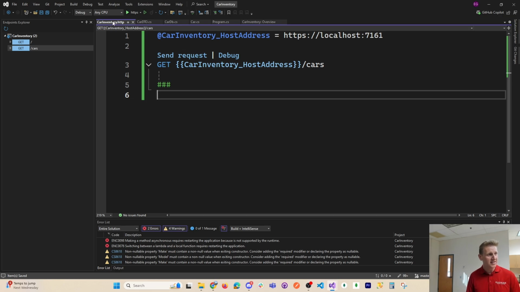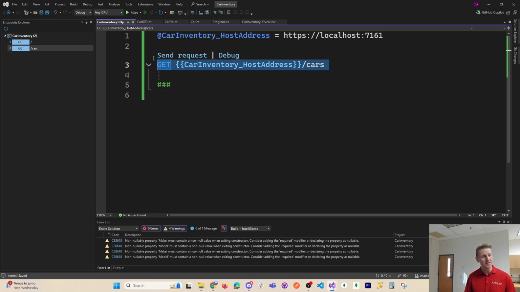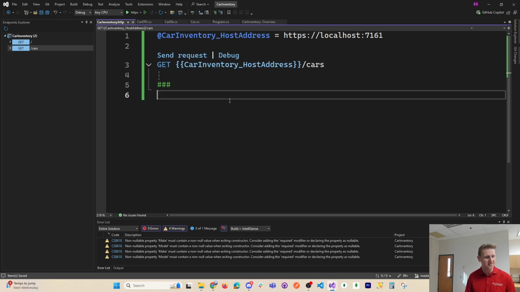So this has generated a .http file, and if you've used Postman before, this is a quick and easy way to simulate a front end. Postman and these kinds of tools are like a front end a little bit on steroids, because it's really easy to send requests back and forth. So let's